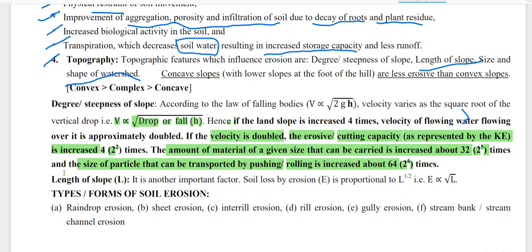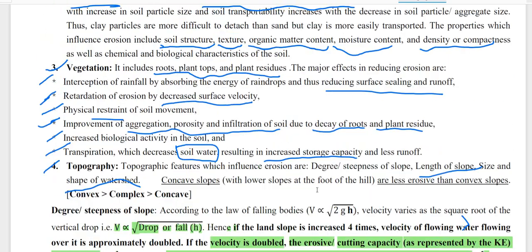Now the last thing is the slope length. Slope length is directly proportional to e squared, meaning proportional to the square of erosion. So this was all about